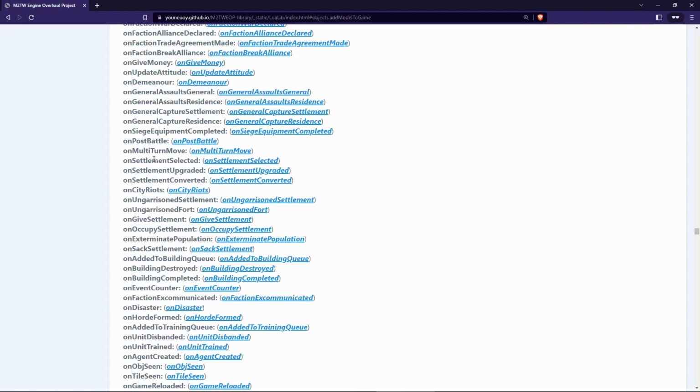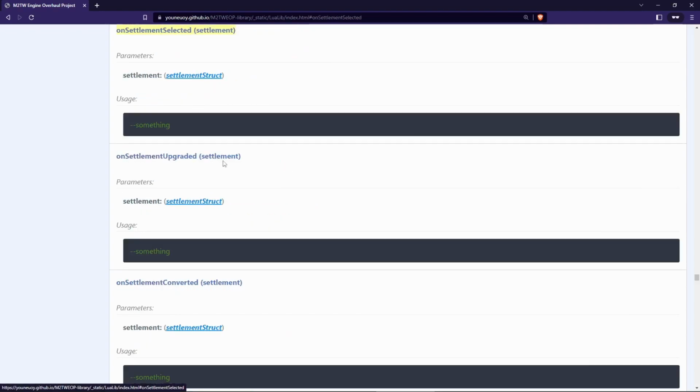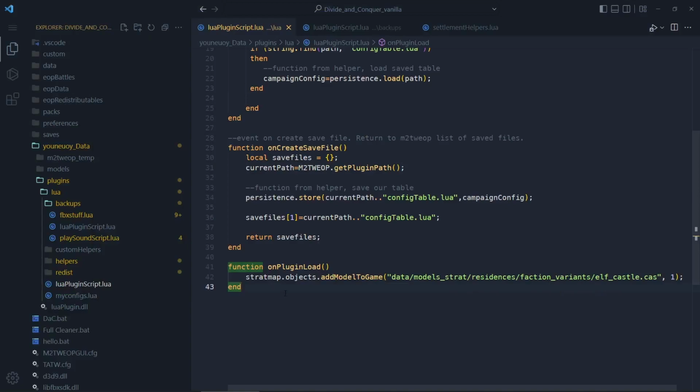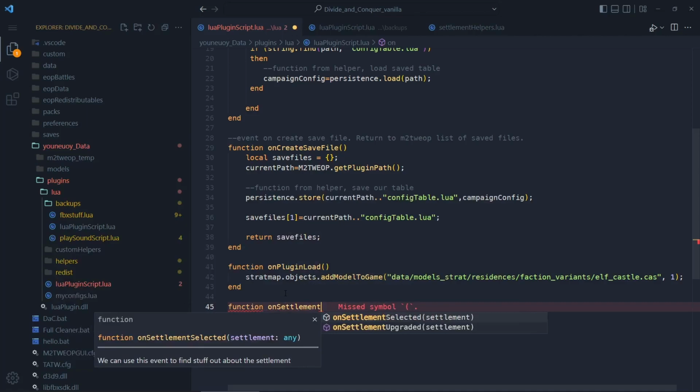Right now we're just going to do on settlement selected, because that's going to be easier to test and demo than on settlement upgraded, but the principle is going to be exactly the same. So we're going to use this on settlement selected function. So we can click this and it will take us down here. There's no example here, but that's fine, we don't really need one. So yeah, on settlement selected. So this is going to be another event. Function on settlement selected